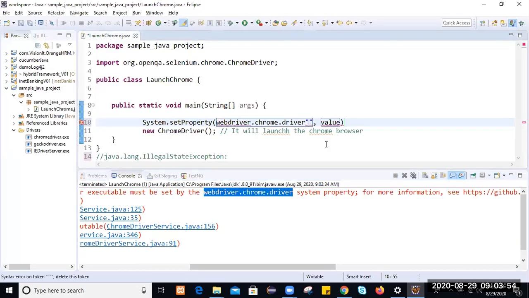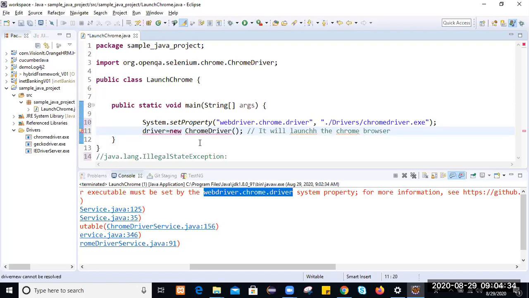And where is the driver? Everything is in small letters: webdriver.chrome.driver, and the path is what? In the current working directory we have a drivers folder. Within that we have chromedriver.exe. So let me set the system variable path for this driver. You can write it like this also, not an issue. And this is my driver.